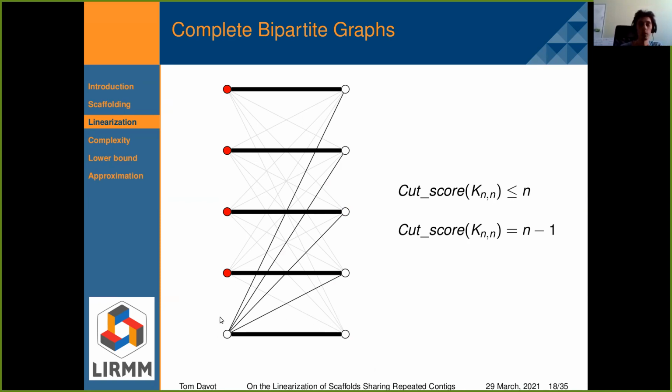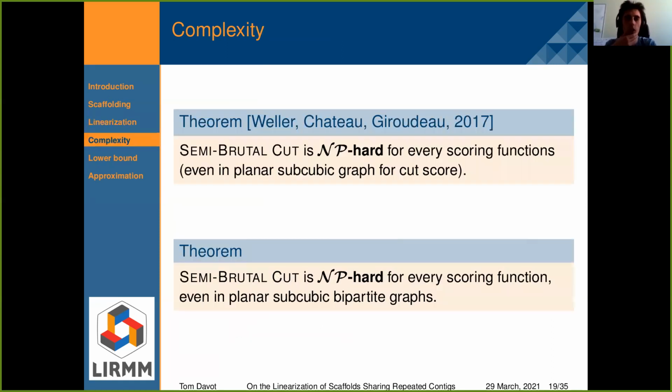By doing that, I save 1 cut, and so I just need to use 4 cuts in this graph. So the cut score for the complete bipartite graph is equal to n minus 1.